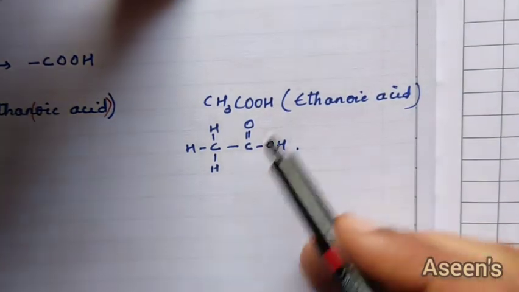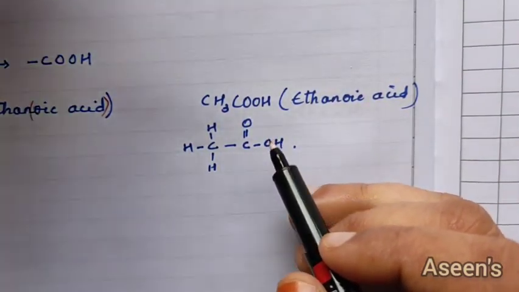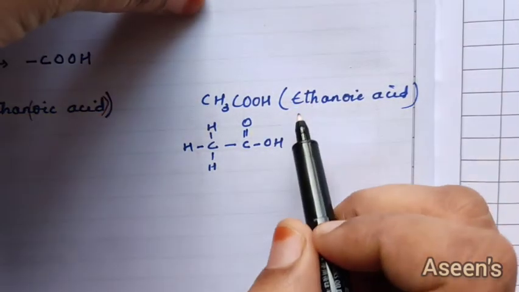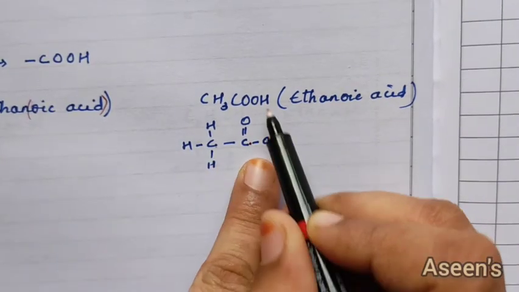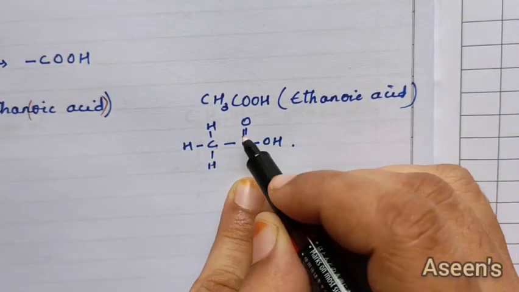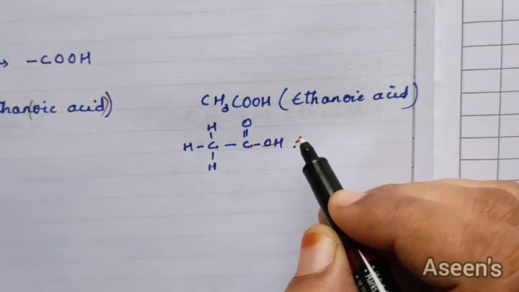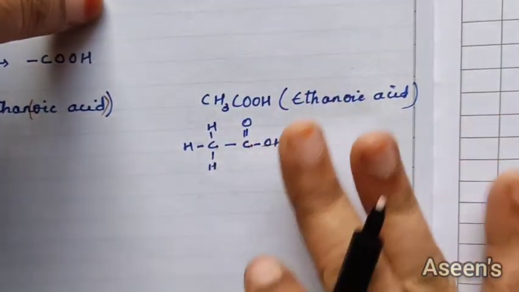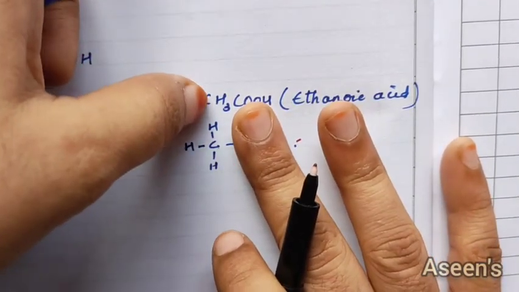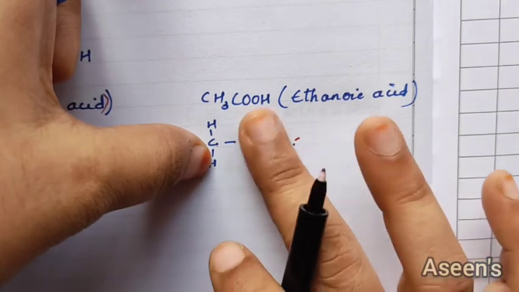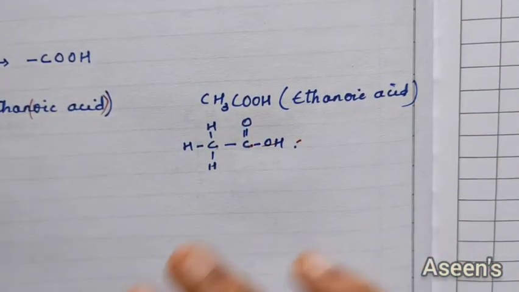Next member, that is ethanoic. So methanoic is over, ethanoic acid, propanoic acid, butanoic acid, it will go on. For ethanoic acid, you need 2 carbons. 1 carbon is converted into carboxylic acid, that is the double bond OH. This one will be having the hydrogens. So while writing the molecular formula, before this I'll write CH3. Then comes COOH. So this becomes my ethanoic acid.